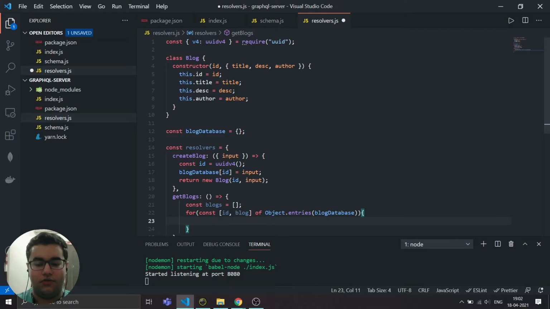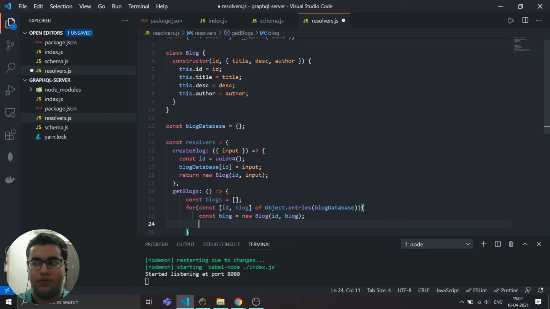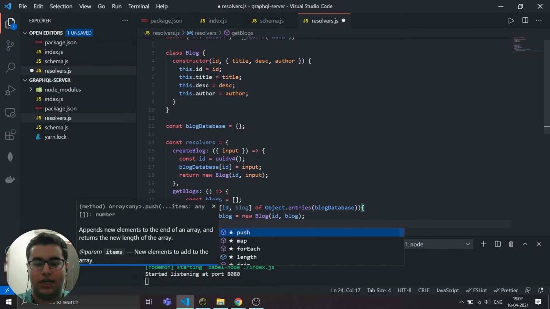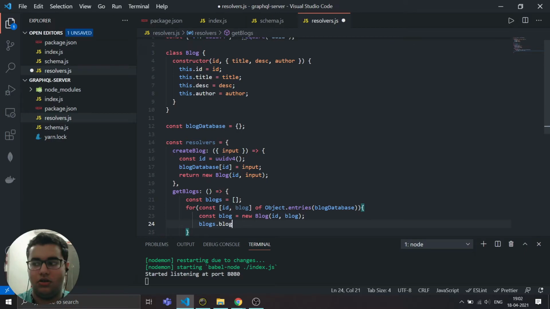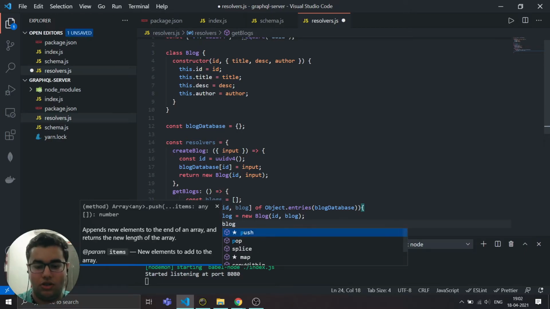So we have to create a new blog, equal to new Blog. We're taking the id and the blog, and then we are going to push that into our blogs. Sorry, it is .push.